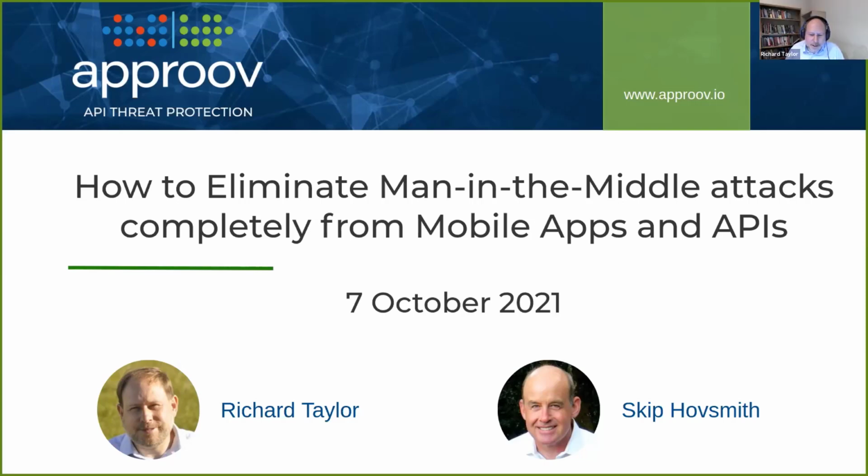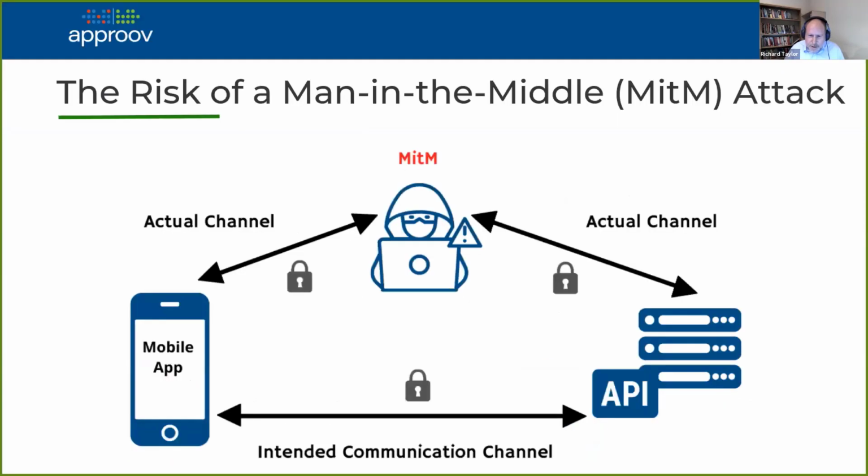Okay. Hi, welcome everyone. So as a first step, I'm going to talk about what a man-in-the-middle attack is. And the expectation here is that you've got a mobile app, and mobile apps nowadays always use transport level security for talking to back-end API servers, indicated by the padlock there. So the communication itself from the mobile app to the back-end server is actually encrypted and is safe, and that's the intended communication channel. But what we mean by a man-in-the-middle attack is that it is actually possible for somebody, some person to insert themselves into that channel.